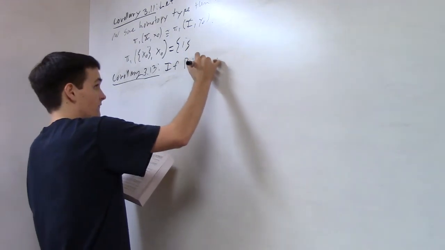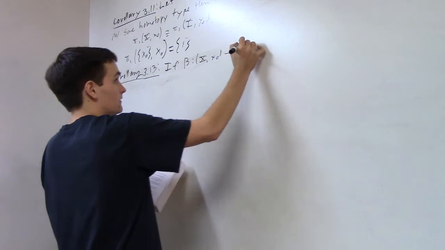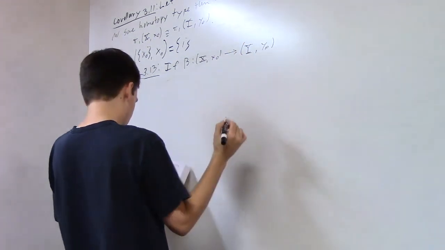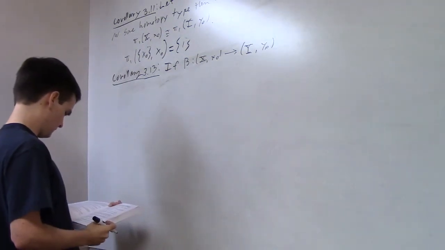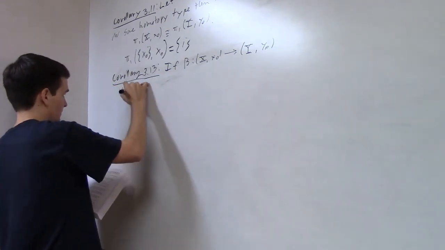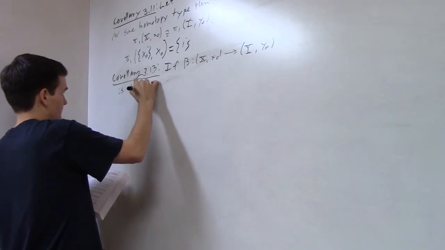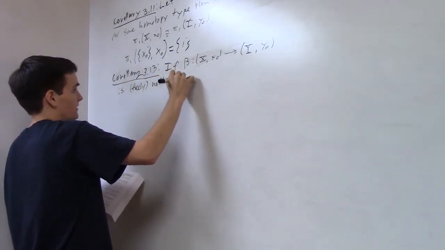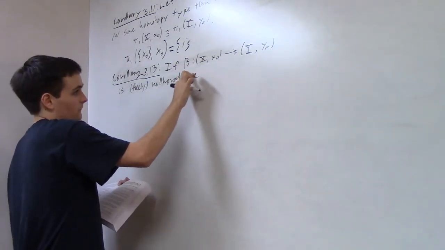So if beta from X at X naught to Y at Y naught is freely homotopic to a constant,